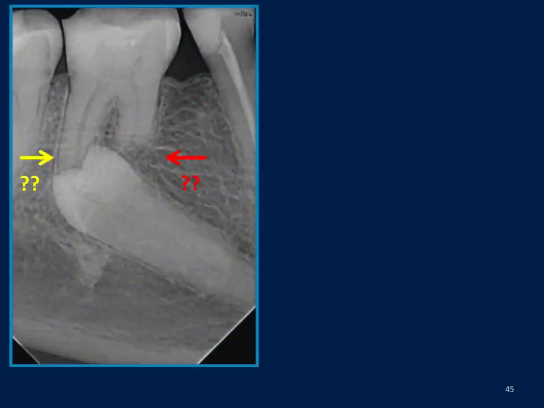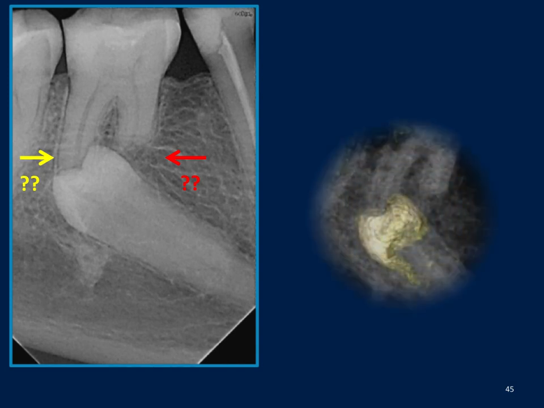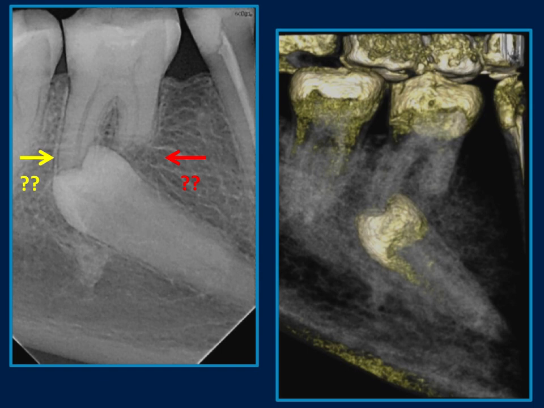If you look at this tooth here, we have an impacted premolar, which caused resorption of this lower first molar. So it's obvious in the mesial root here, we have resorption, external resorption. But what about the distal root? Are we dealing with external resorption or no external resorption? The premolar is superimposed on the mesial root, so it's not obvious what is happening under this premolar. So let's go and take cone beam, and this is